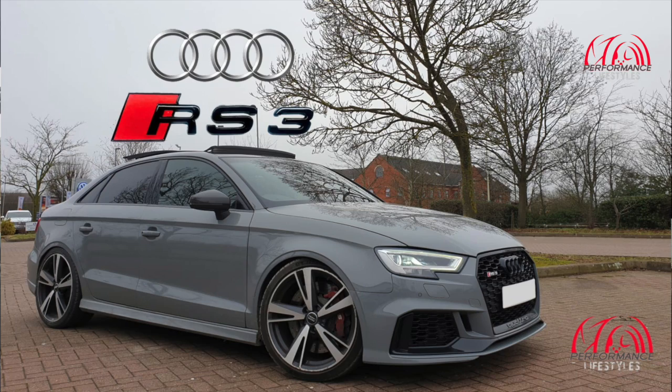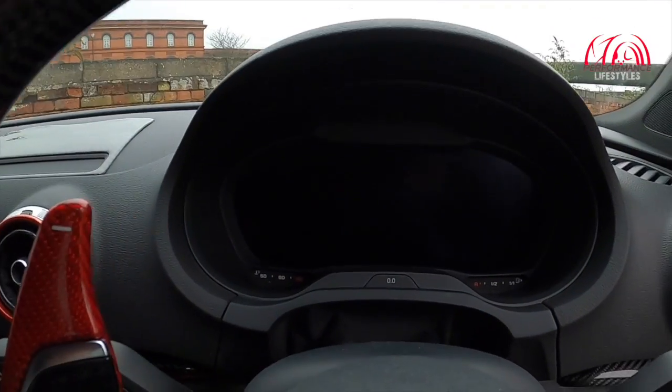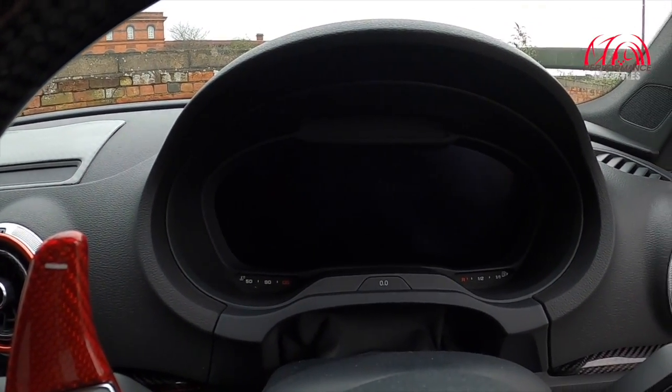And as I've mentioned, I made a video of a Nardo Grey RS3 a couple of years ago, such a beautiful car, and that was sitting lower with the Audi Sport wheels, and I believe power was standard. But yeah, again, it was a beautiful car. But now with this one being my own car, I thought I'd get another video up there of a different car, and it's a different look and a different colour, and it's my car. So, but yeah, the virtual cockpit, like I was saying, is if I press the start button,